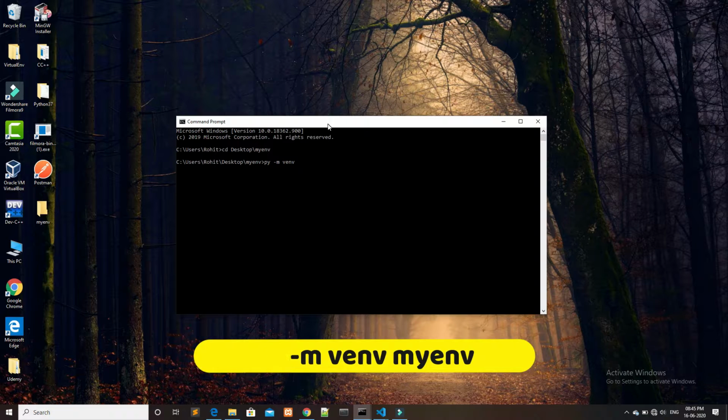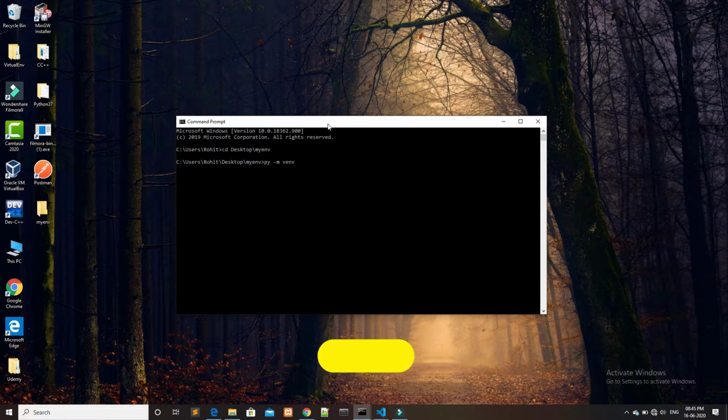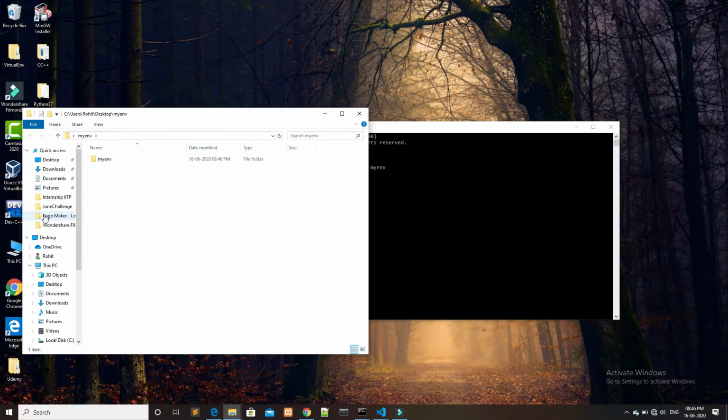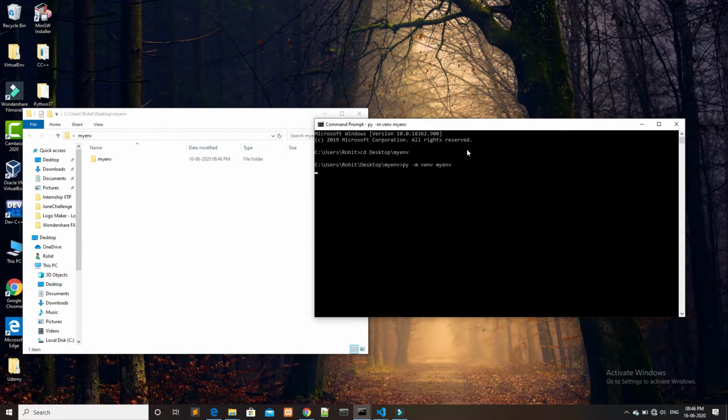I will be naming my virtual env as my env. Hit enter. It will take some time to install the files. As you can see, some files are created here. A folder with my name is created because we have given the name as my env.